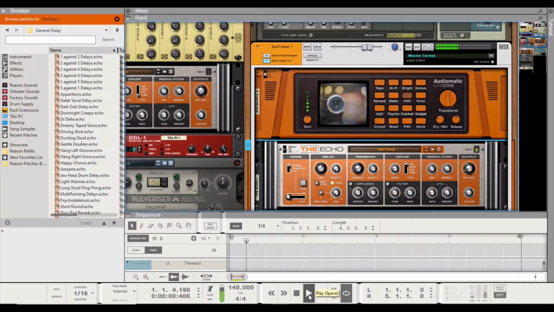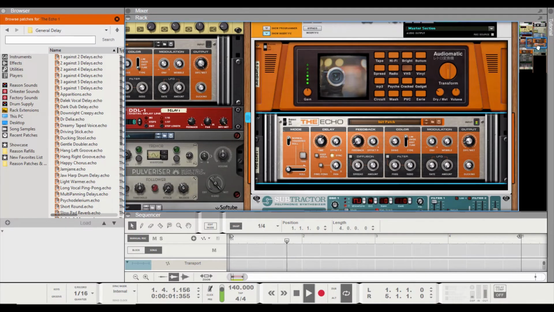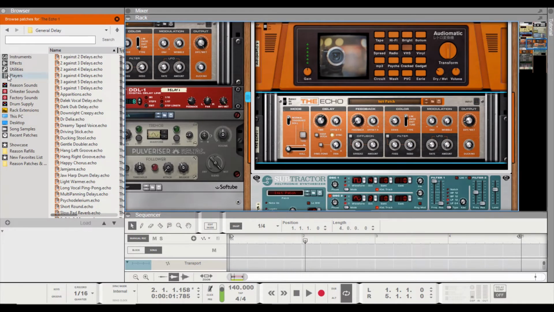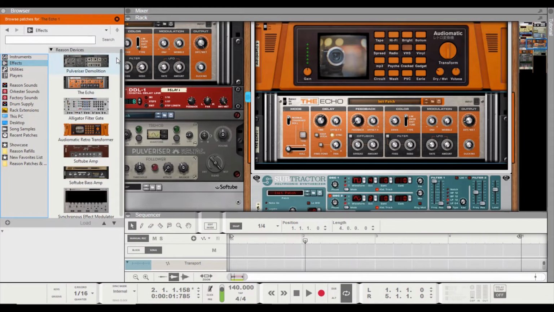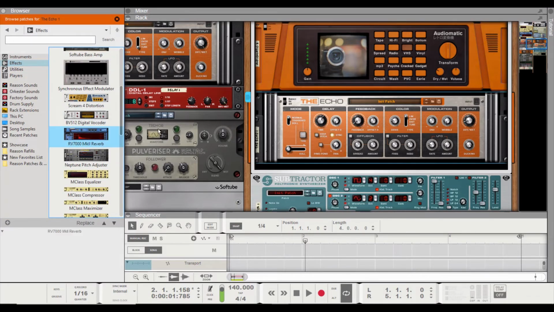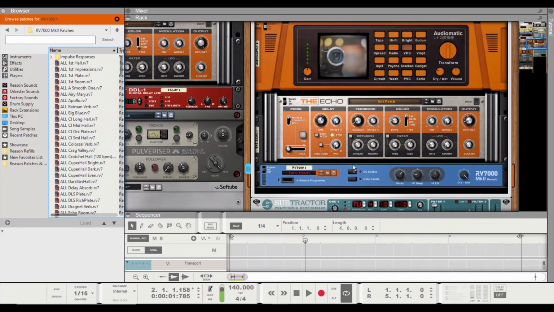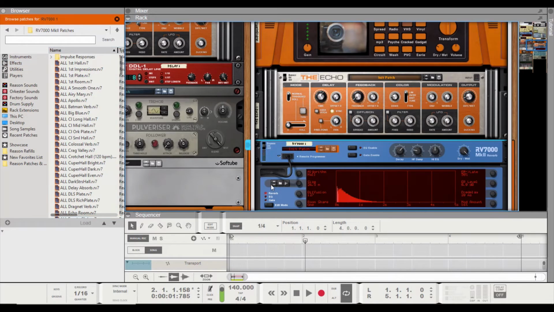Make sure it's not. And maybe the feedback down a little bit. Lovely. And then one more effect we'll have on there, just to really open it up, is an RV7000 with some reverb. Now if we go down to the EQ, we can carve out the low end frequencies,